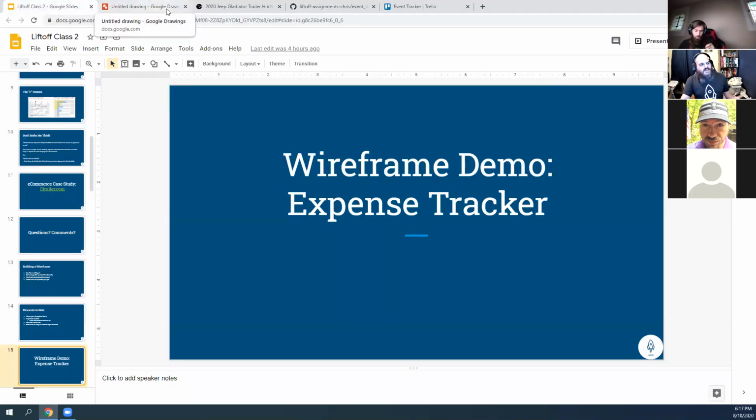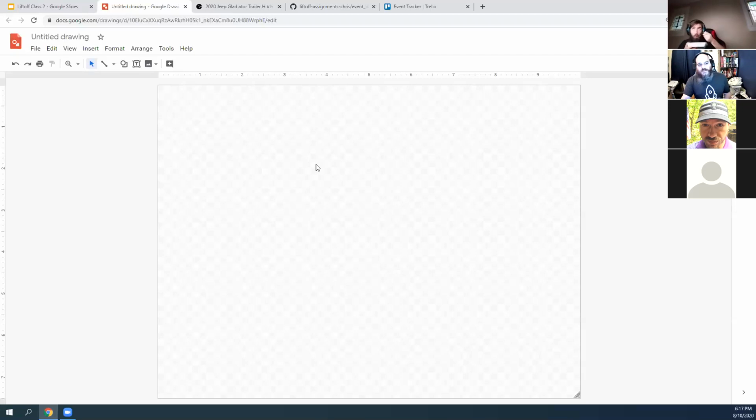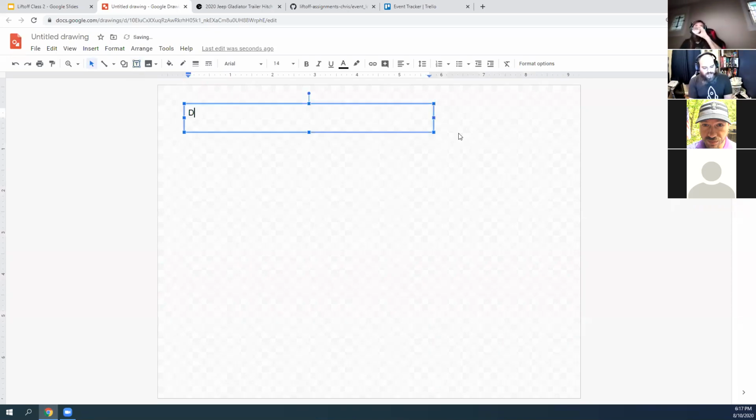So basically, the expense tracker was one of the demo apps, for tracking the expenses of somebody. So let's just say we're going to do add new expense. At the top of the page, we're going to list out what the route is. So expenses,